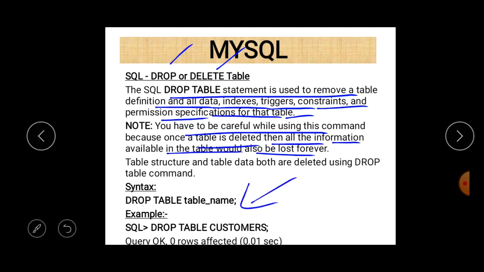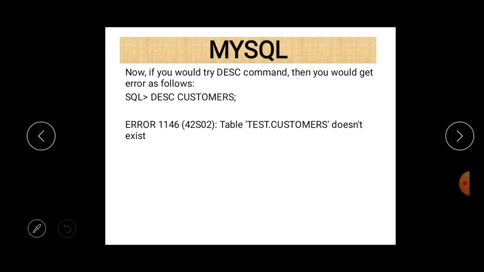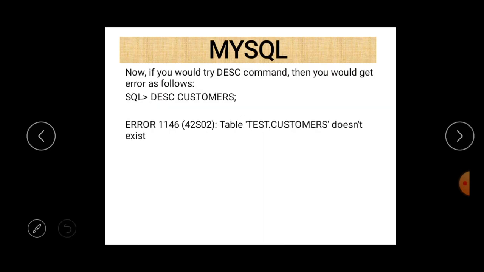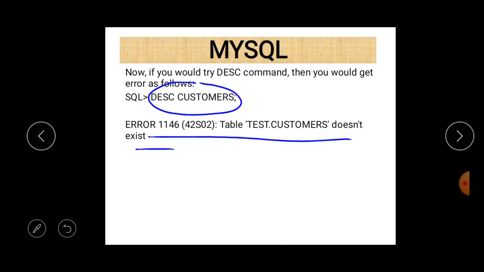When you use the drop table command, it simply deletes the table structure as well as the data related to that table. The table is no more after that. You are not able to use that table or structure even after using the drop table command. So the drop table command basically deletes the structure of a table as well as the data related to that table. If you just use drop table and the table name, that table will be deleted. And if you want to use the describe command after that, you can easily see that an error will be raised because this table is no more.